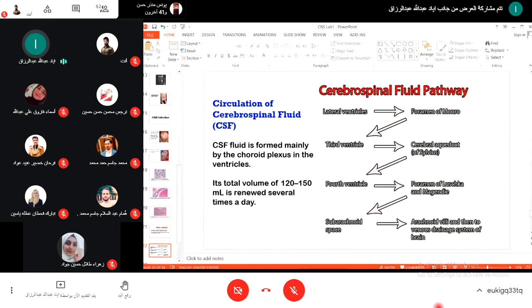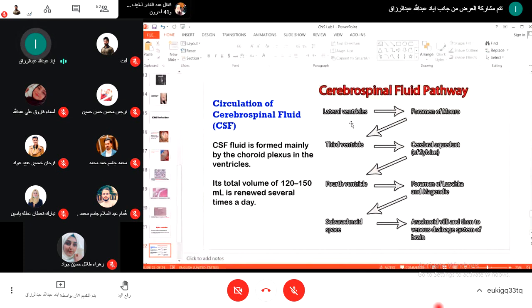هذه circulation of the CSF, cerebrospinal fluid. يعني اتصور انتم اخذتوها بالاناتومي او بالفسيولوجي. هذه فقط للتذكير انه ال CSF produced by choroid plexus in the ventricles